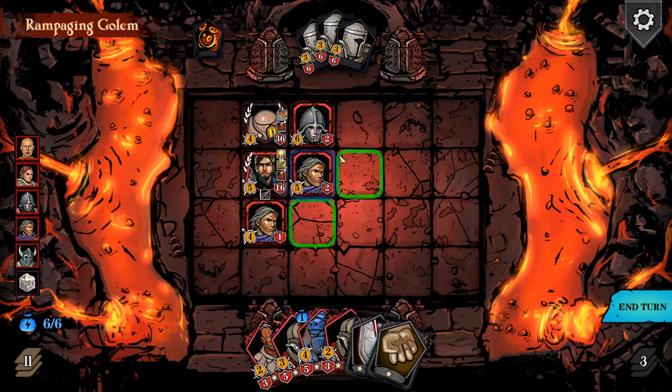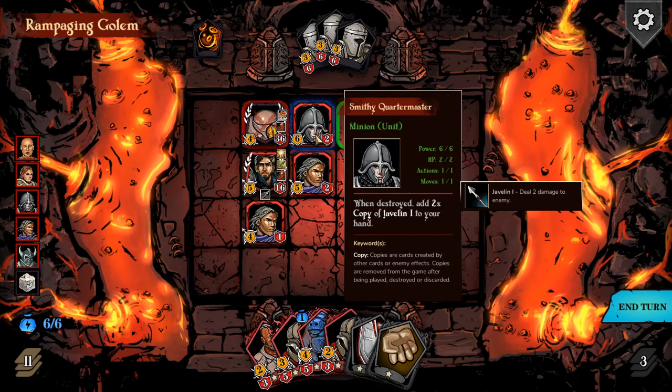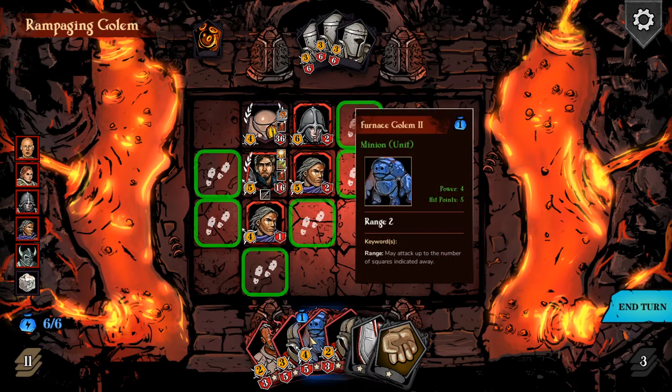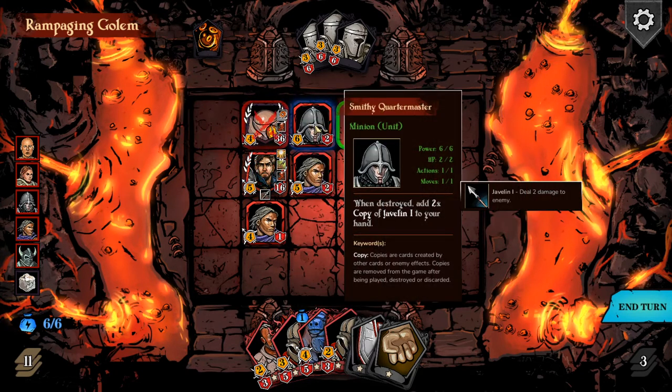Oh, actually, hold on. I actually could do this honor duel with this guy and get 2 javelins, and that would get through 2 of the blocks. But what I think I'd rather do is just hem him in to prevent him from summoning all of these guys. This is a great guy because he actually survives, and this guy also survives, and my hero survives. Okay, so what I do here, I think, is...